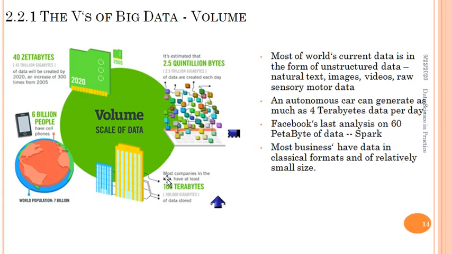Let's discuss an example. Autonomous cars and other autonomous vehicles generate data at the rate of 4 terabytes per day, which is a very large amount of data. Similarly, Facebook's last analysis was on 60 petabytes of data, and they used the Spark framework to process it. Also, most businesses have data in classical formats and of relatively small size, right? So initially, big data was not a problem,